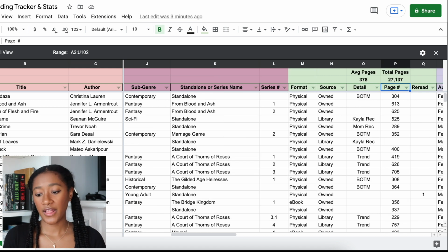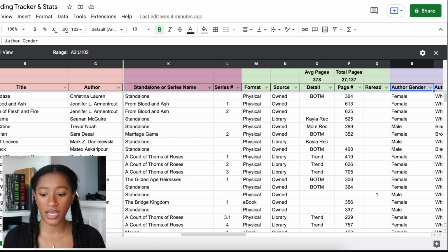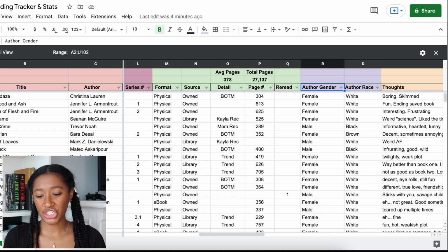I also have the page numbers listed, which is not a perfect science because Goodreads can be a little inaccurate sometimes if it includes the acknowledgements at the end, but this just gives me a rough estimate of how many pages I've read. And then if I reread the book, the author's gender, which typically is female for me, and